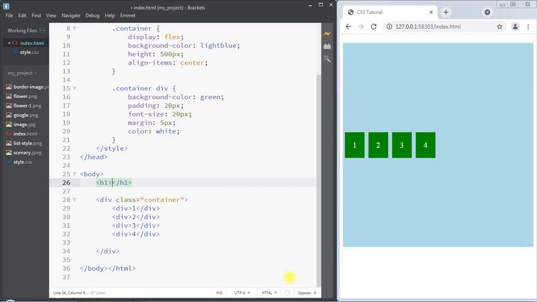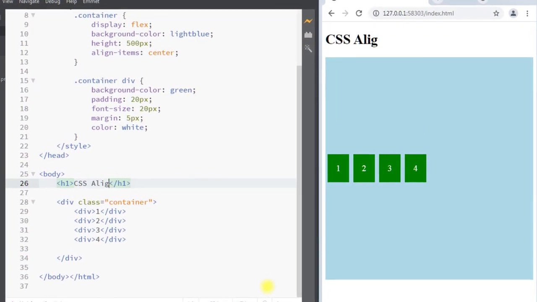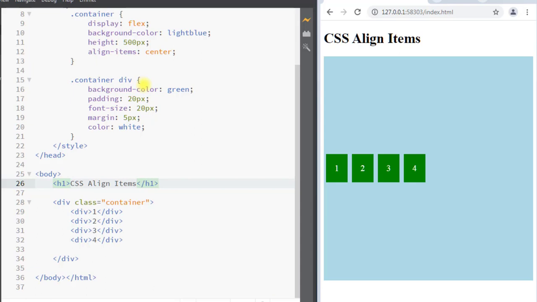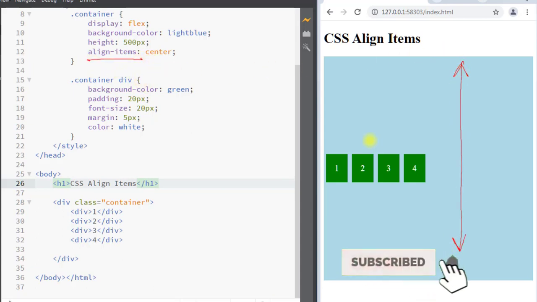Hey, what's up guys? In this video we're going to talk about CSS align items properties. So as you know, the align item is used to vertically align the items inside the container. Now we're going to see different properties of the align item so that we can properly lay out the items